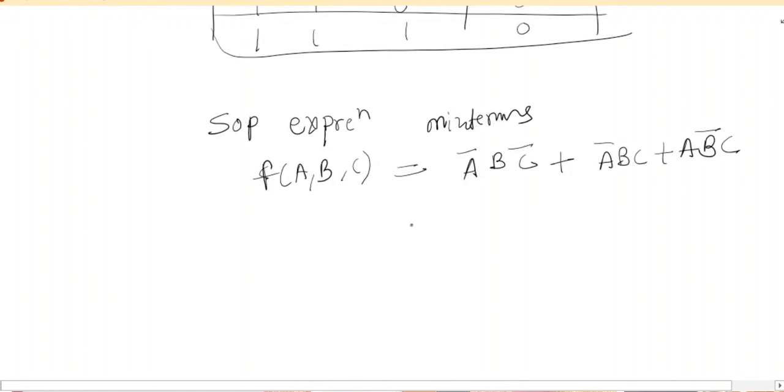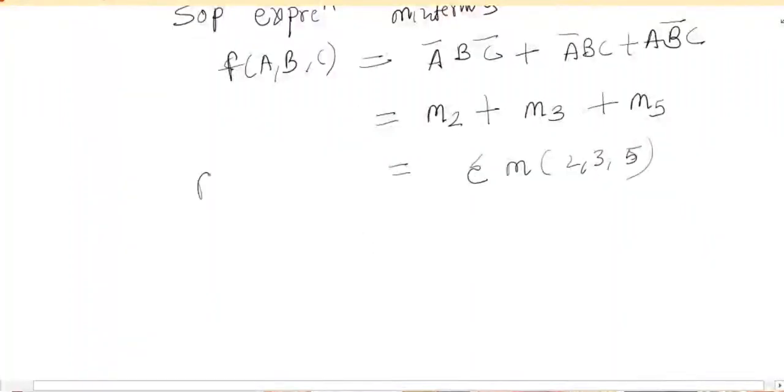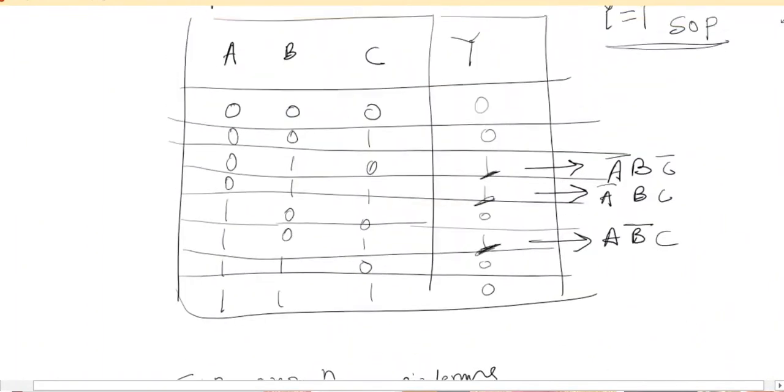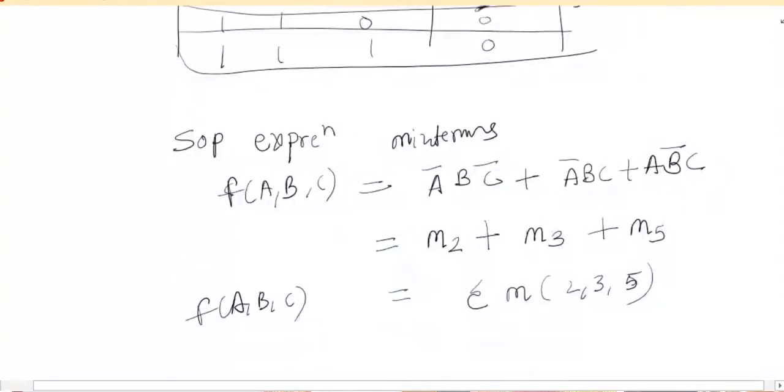Now represent this expression by using the M notations. So this is my SOP expression f of A B C. The SOP expression is represented as a summation of M 2, 3, 5 for this truth table. So the question will be given like this. The truth table will be given to you and they will ask you to find the Boolean expression in the form of min terms. At that time you first find the product terms from the truth table, then find the expression, then the M notations, and finally your min term notation.